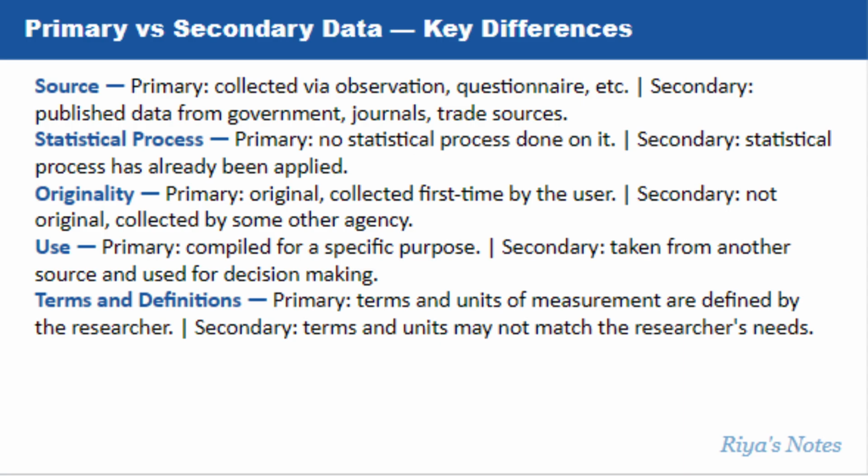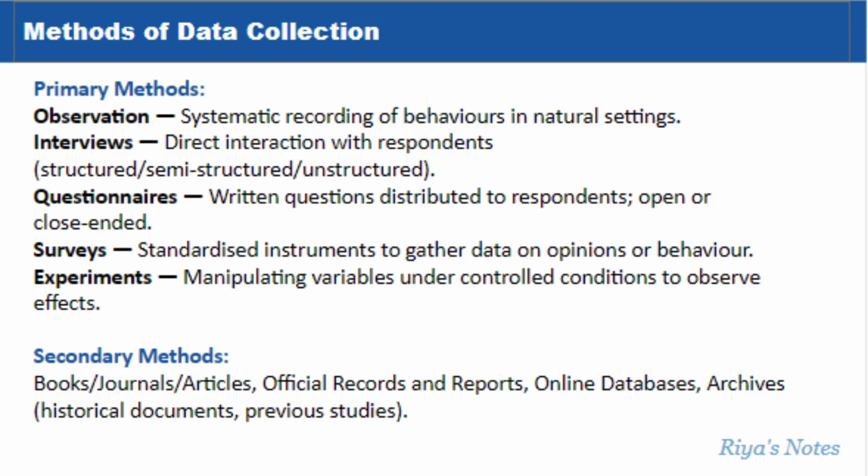Terms and definitions, primary, terms and units of measurement are defined by the researcher. Secondary, terms and units may not match the researcher's needs. Methods of data collection. Primary methods. Observation, systematic recording of behaviors in natural settings. Interviews, direct interaction with respondents,